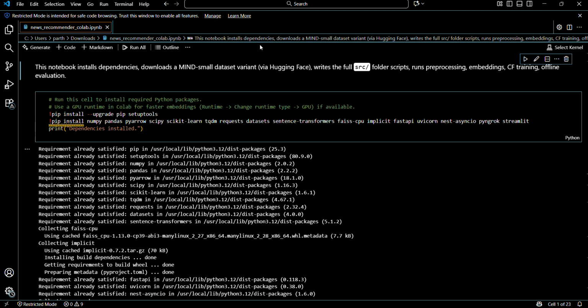This notebook installs the dependencies, downloads the MIND small dataset, and has a pre-processing step, embedding steps, collaborative filtering training, and offline evaluation, as well as an extra fusion layer, the explicit and implicit weights calculation, which we have studied theoretically in RecSys. It's very evident in the